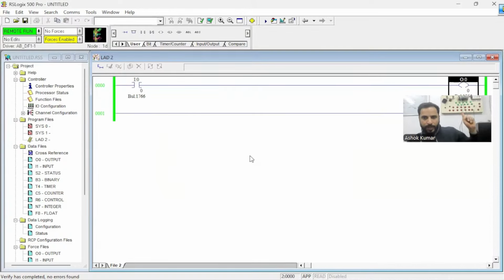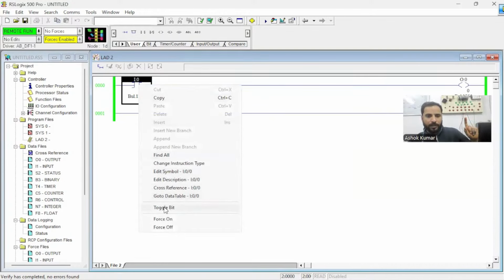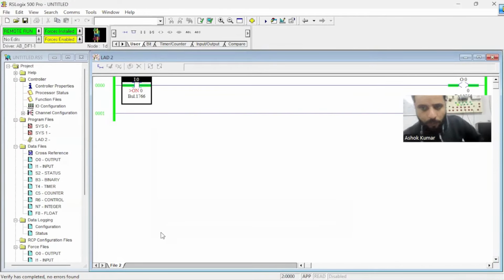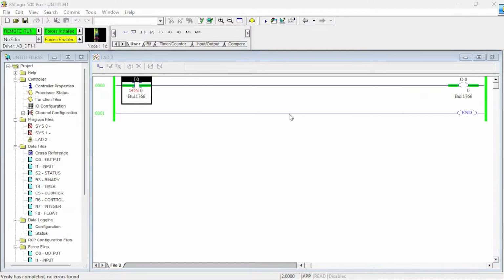So today we have the PLC. I guess we need to check the output. If you want to check the output from the software also, you can simply right click and click toggle bit. Sorry, force on. If you force on, you can see the output is turned on here. I understand that this camera screen is very small, so let me do one thing for you. Now look at this, now this output is completely on. And if I want to turn it off, how can we do it? Simply